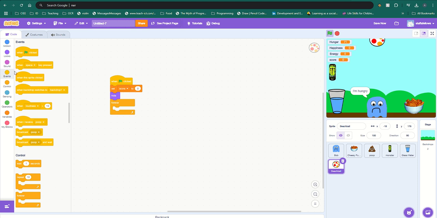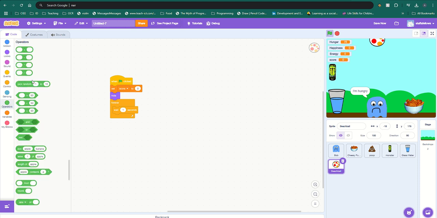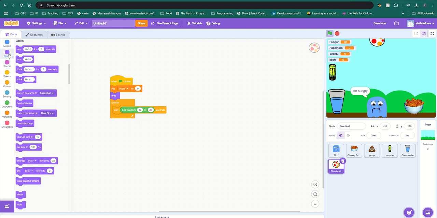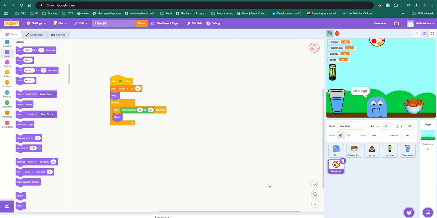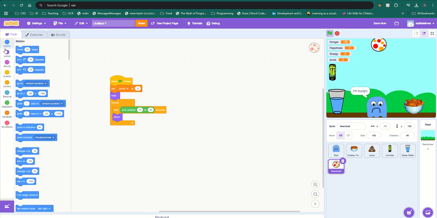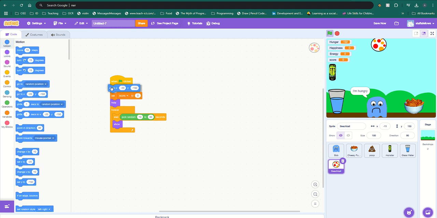So forever, I'm going to get it to wait a certain number of seconds. Let's do a random number of seconds. So random between 10 and 30 seconds, and then I want it to show up. So I'm going to do show. Now that will just make the ball appear there. But I want it to drop. So I'm going to go to motion, and I'm actually going to set its starting position, and then I want it to